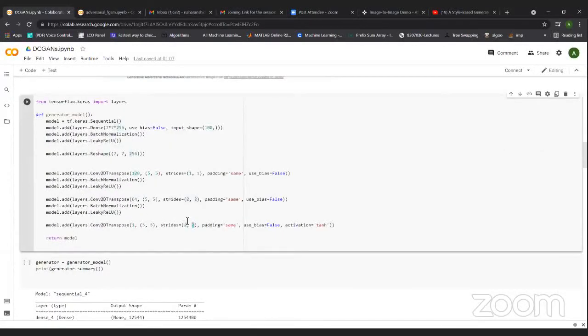And at the end, we are using the tanh function here.